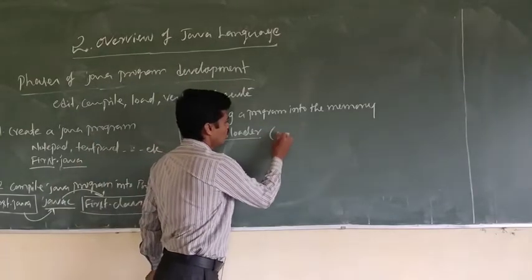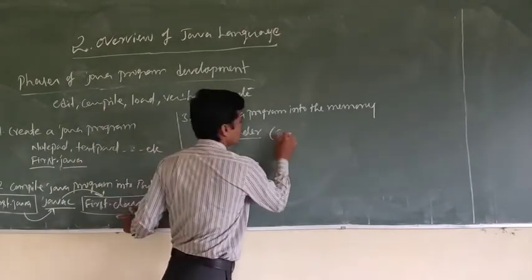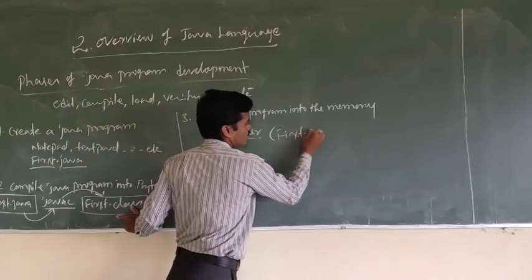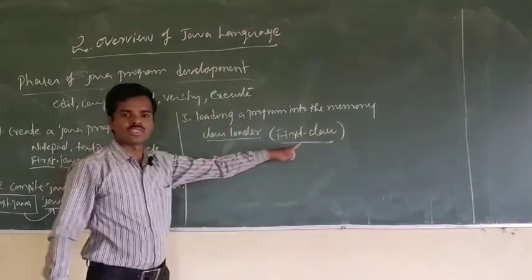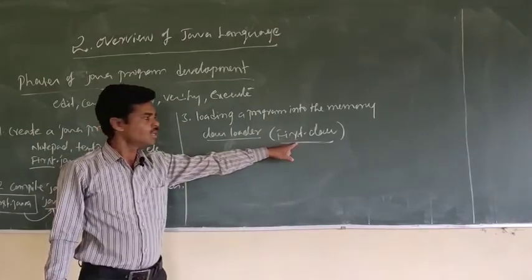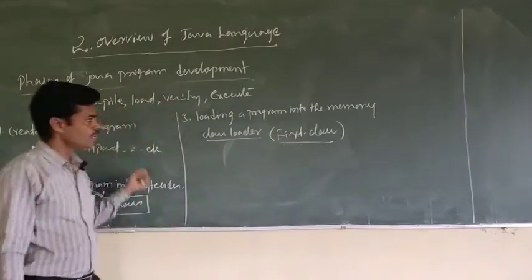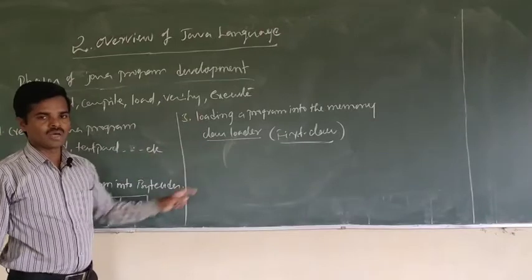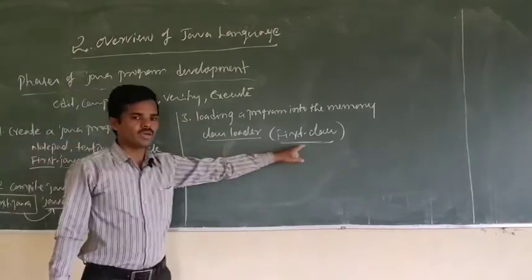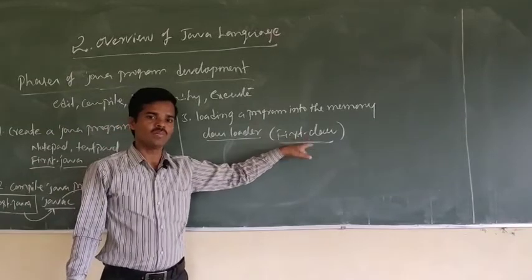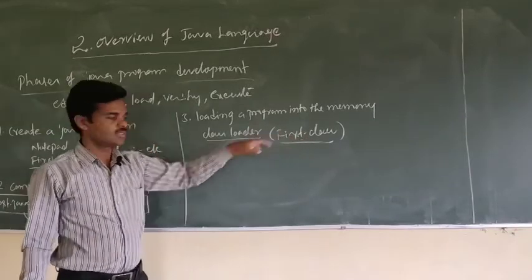So which one is it going to load? It is going to load the .class file. This is where the actual bytecode instructions exist, in the .class file. So this file will be loaded into the main memory, RAM, from the hard disk, not your .java file. It will be loaded, the .class file, because only here all the bytecode instructions exist.